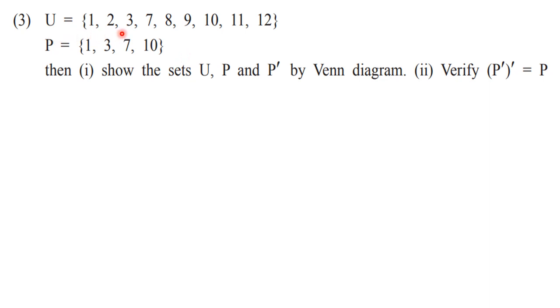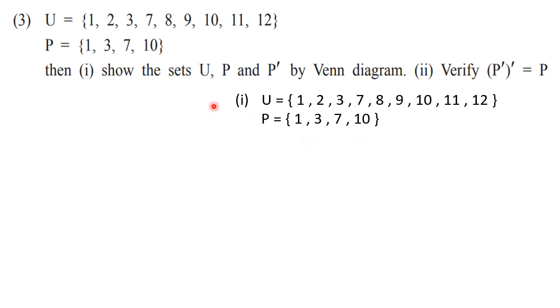First of all, we have to write down the given sets in the list method. Here the sets are already given in list method, so we will write them as they are from the question. For the first question we will write the solution first. U has these elements 1, 2, 3, 7, 8, 9, 10, 11 and 12. Afterwards the next step is to write the set P. Copy it down as it is from the question. Set P has elements 1, 3, 7 and 10. Now let us write down P dash, meaning complement of P.